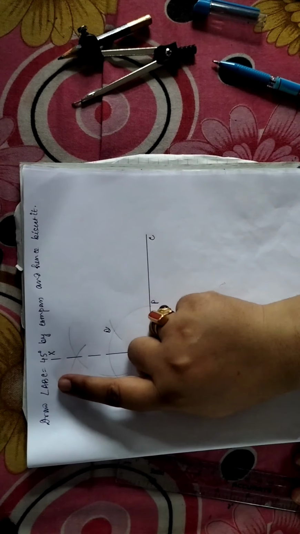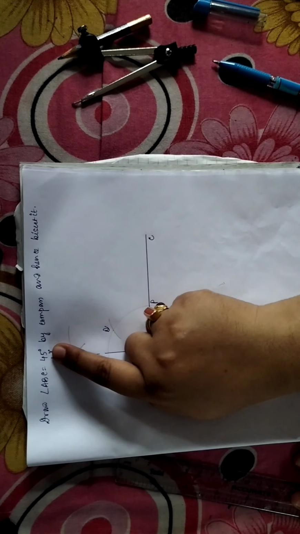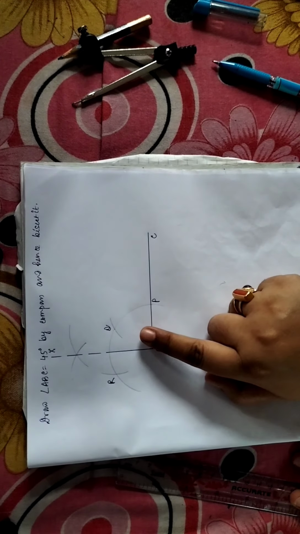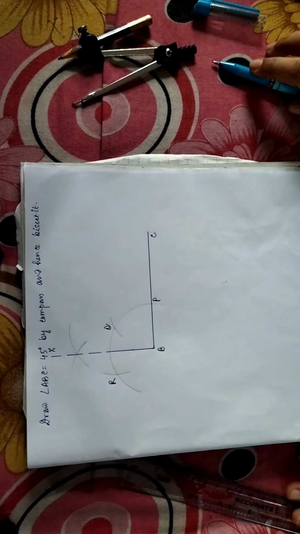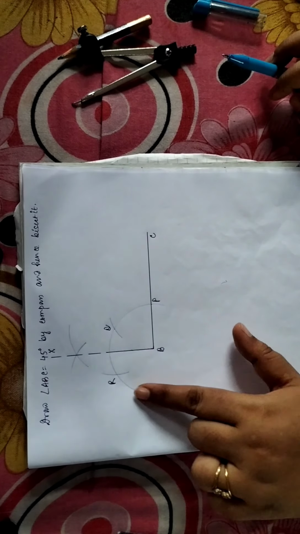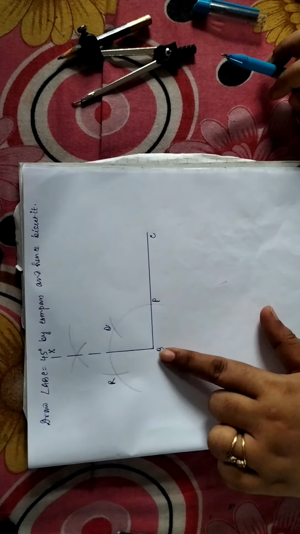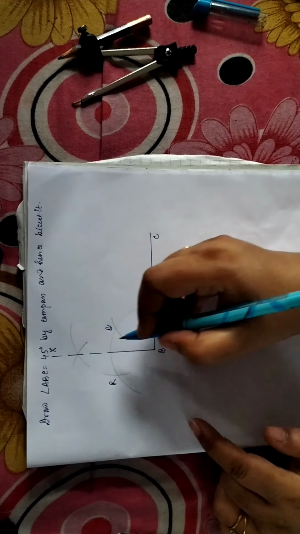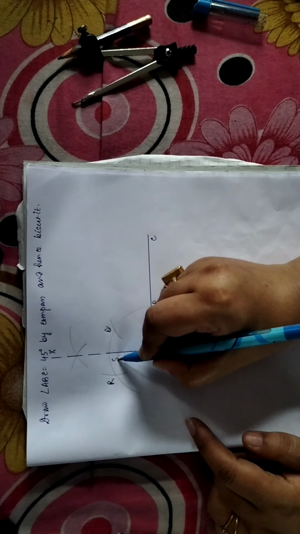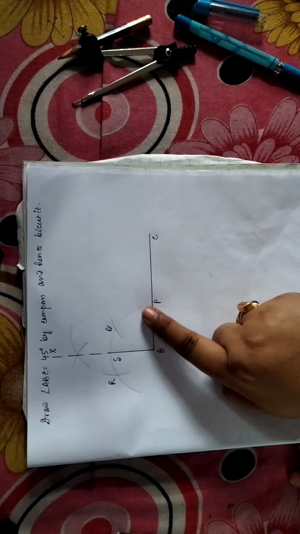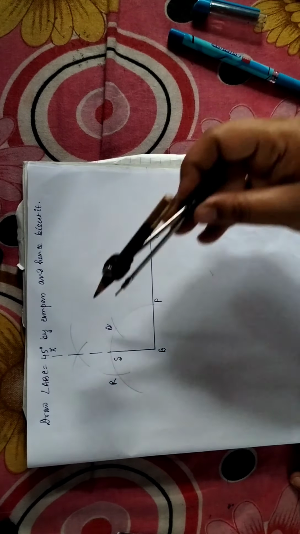Now look students, we need angle ABC which is of measurement 45 degrees. So if we bisect this particular angle, then we are going to get 45 degree. So here the process of angle bisection will be now followed. Now let this segment, that is this arm of right angle, cut the first arc which was drawn taking B as center with any suitable arbitrary radius at the point S. Now we have to bisect this angle of measurement 90 degree to get 45 degree.